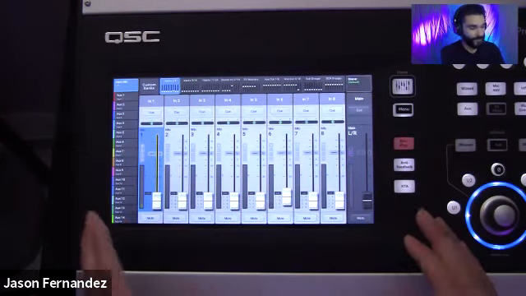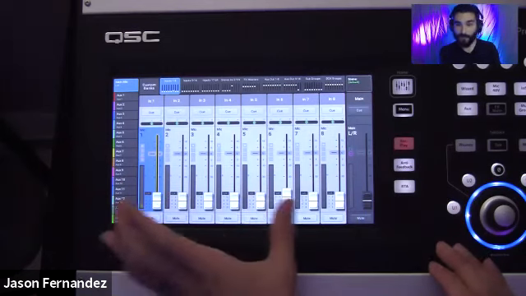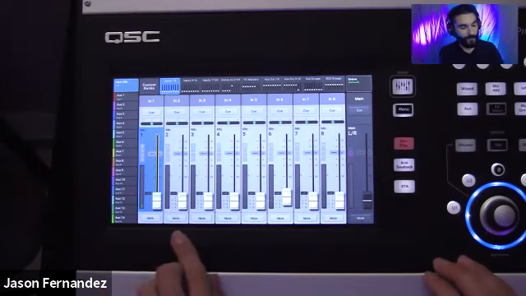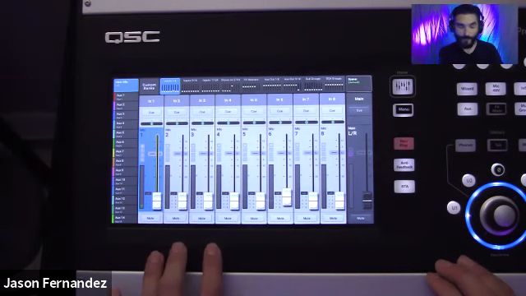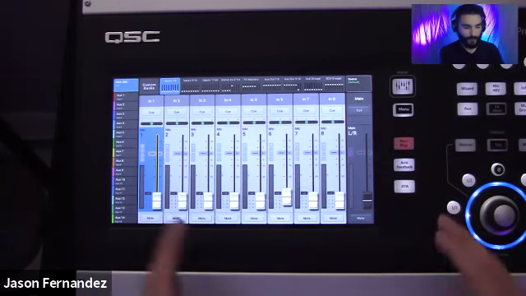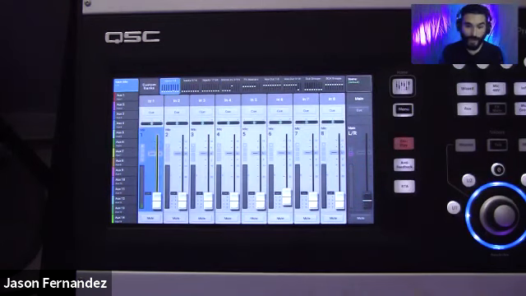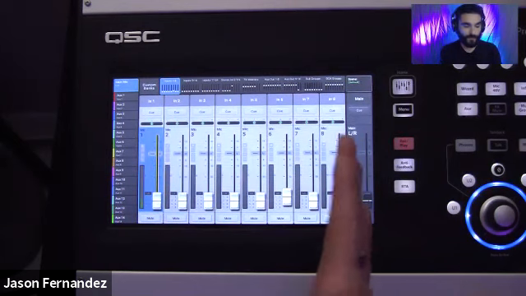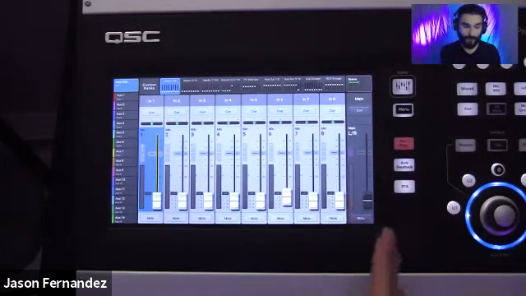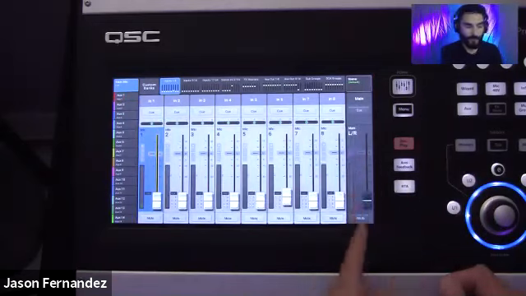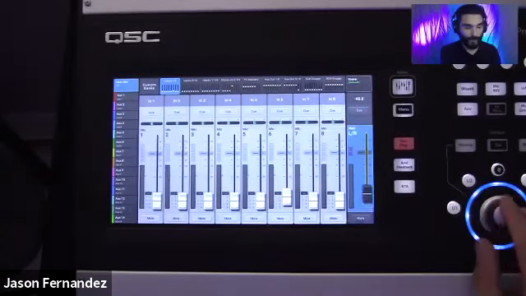Talking about navigation here, what you're looking at is my main mix view. You're going to be presented with 8 input faders on the screen at any given time within the main mix view, and then your main output fader. This output fader is going to live there at all times. That never goes away, and it does pertain to which mix you are mixing. So right now we're in my main mix, so it's showing me my output fader for my main output.